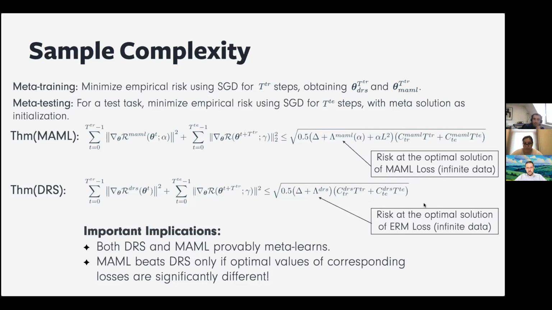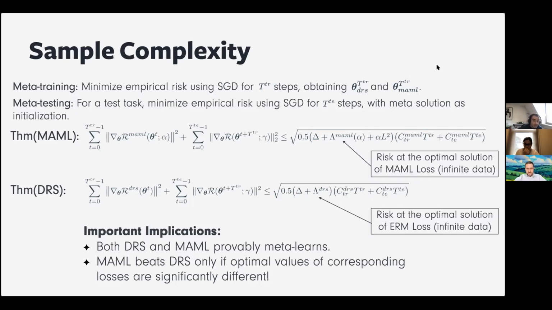So there are interesting observations you can get from this result. One, the dependency on the number of training iterations and number of test iterations is exactly what you expect. It's square root over T, which is the sensible thing you want in non-convex optimization. And the rate is the same for both algorithms. Two, both algorithms provably meta-learn. It means that you can show that learning the n+1 task is actually easier than learning the first n. It means that with an increasing number of training iterations, the required number of test iterations always decreases for both problems.